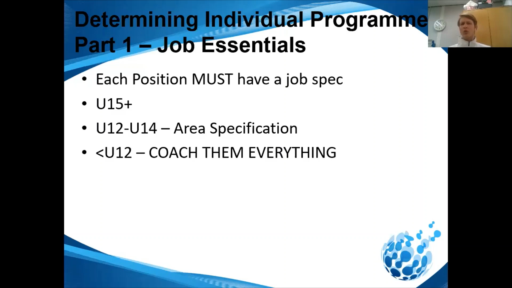As a general rule, by under 15, you're looking at nailing down a position and having a job spec. I think from under 12s to under 14s, in what we call the growth year and movement refinement here in the pyramid, you're looking at area spec. So if you think someone's going to be a midfield player, whether more attacking, more defensive, box to box or D to D, however you want to frame it, then you give them the competencies and the job roles to fulfill all those areas. If you think someone's going to be a forward type player, but you're not sure whether he might be an inside forward or a wing forward, then you have an area spec that covers all of those things.